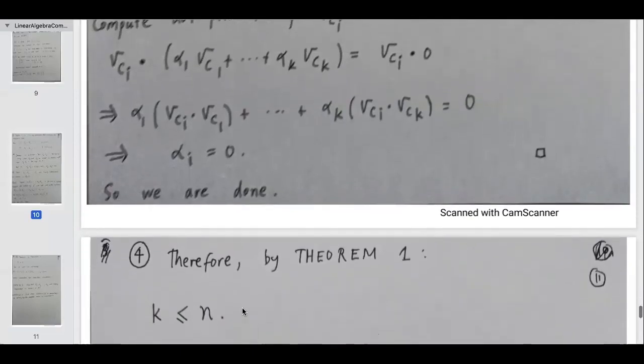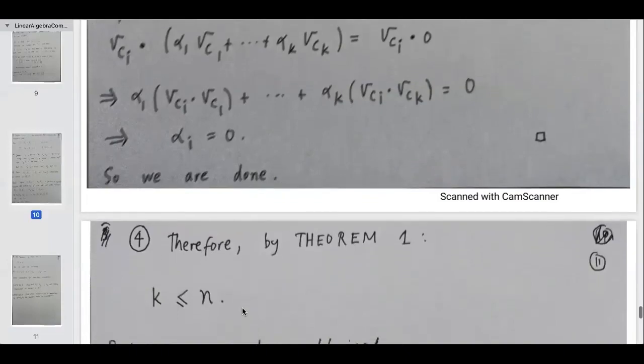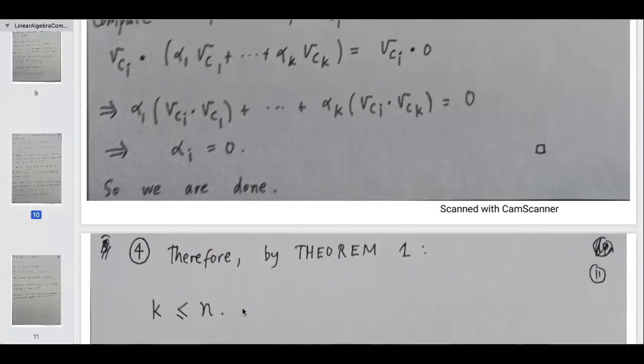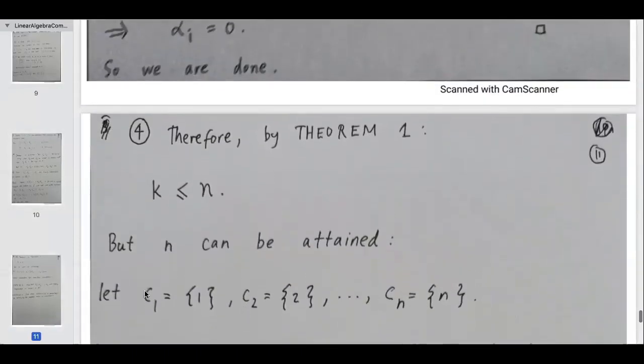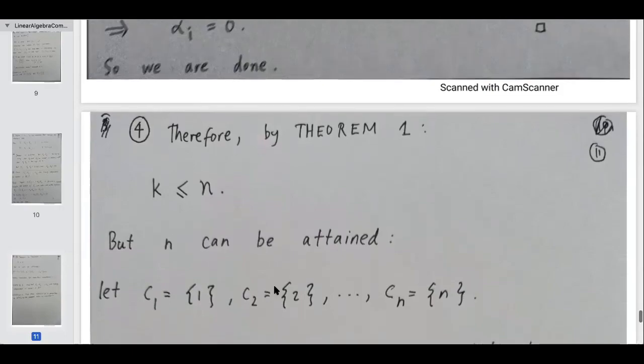Furthermore, you might want to ask, can we actually reduce this? Say k is less than n minus 1, or less than n by 2 or something like that. That is not true, because you can give a simple example where you can form n committees which satisfy the odd town rules. If we let the Ci's be the singleton elements, meaning C1 equal to just the set {1}, C2 equal to just the element 2, and Cn equal to just the element n, then this satisfies the odd town rules.